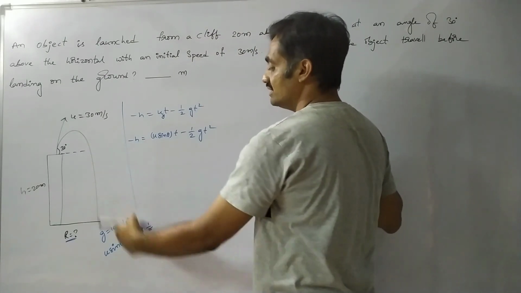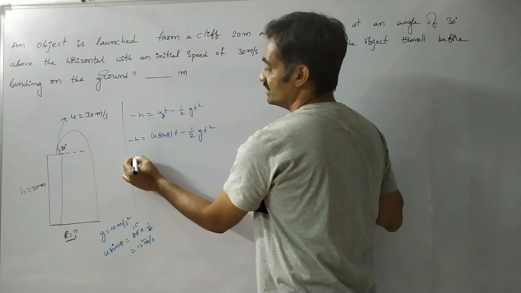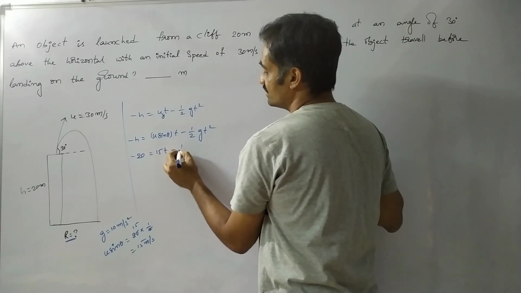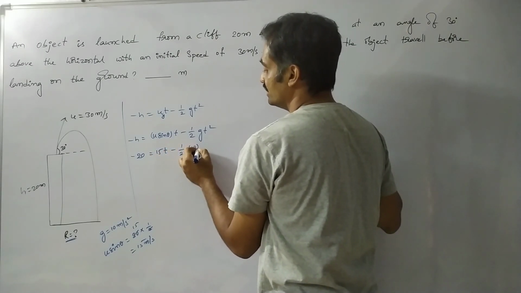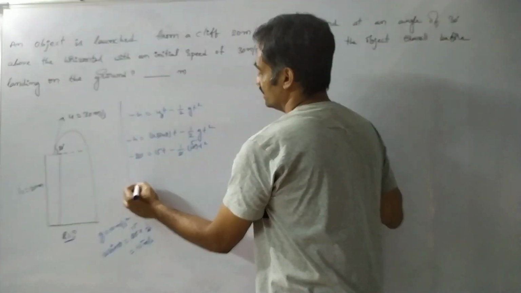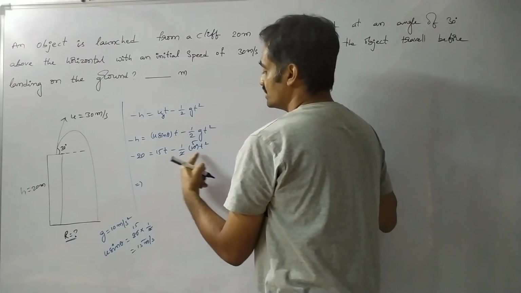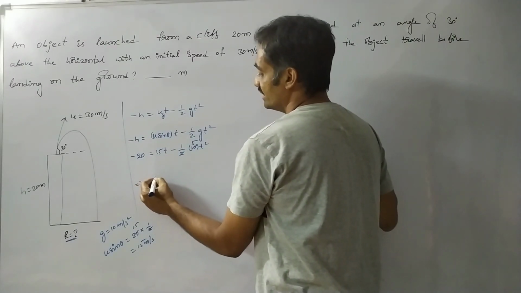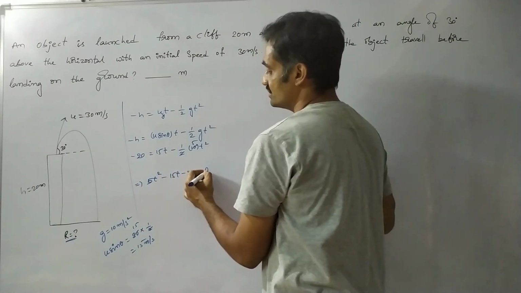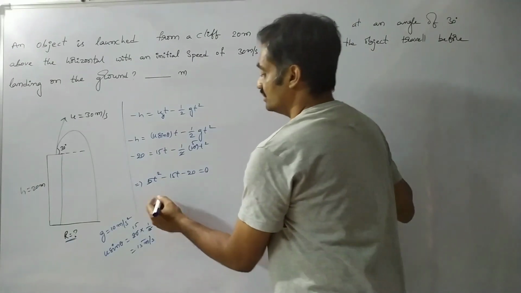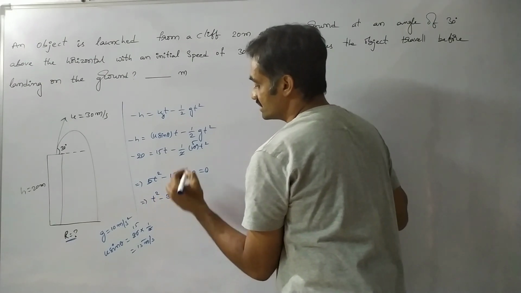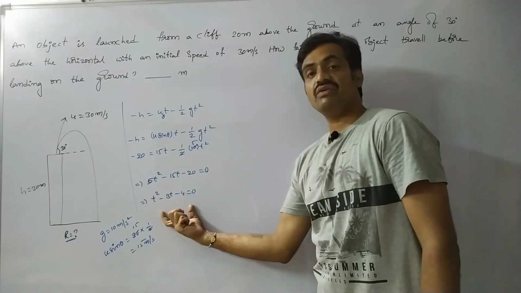So if I substitute all these values, we can find the time, where observe that minus 20 is equal to u sin theta, which is 15t, minus 1 by 2 into the value of g, which is 10, into t square. So if we cancel, we get 5, because 2 5s are 10. Based on that, if I bring these two terms to this side, then we have 5t square minus 15t minus 20 is equal to 0. Now we can take 5 as common. So we can represent it as t square minus 3t minus 4 is equal to 0. Observe this equation, it is in the form of a quadratic.